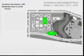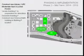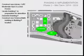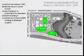So in the second phase, the library is already underway, and this is about, given the current state scenario and where they are in their process, that we anticipated this project would be coming online. Modernizing the gym and locker rooms. This is also a project that's already listed in the state funding priorities. And then in order to consider constructing a new science and math building, or just a science building, this, given the urgency and certainly our own assessment of the labs that are existing at Laney,